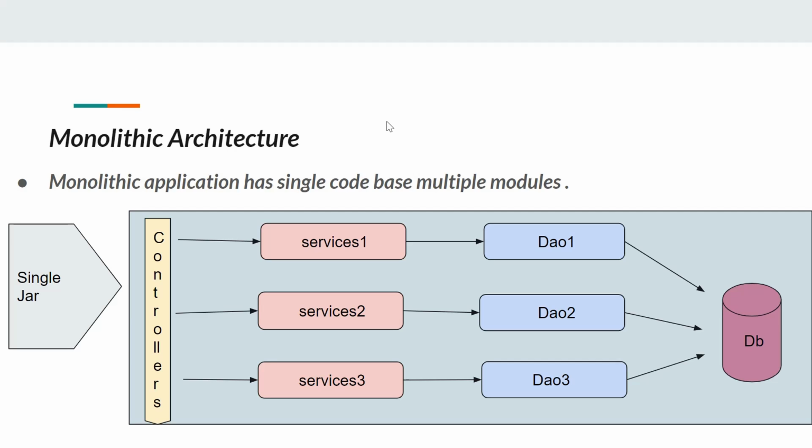Monolithic architecture. So what is monolithic architecture? Basically, in monolithic architecture we see one single jar, and the whole application is under that one jar. Only one project, not defining any services, and